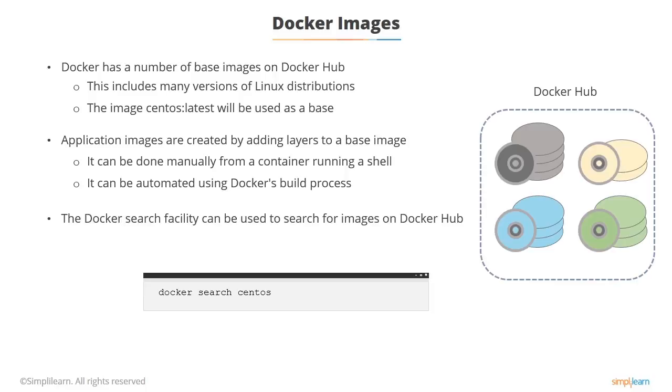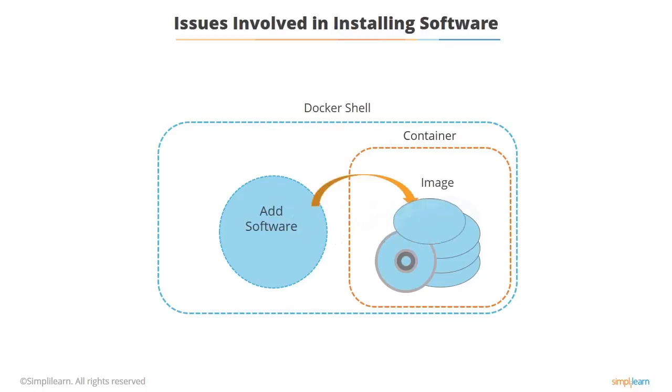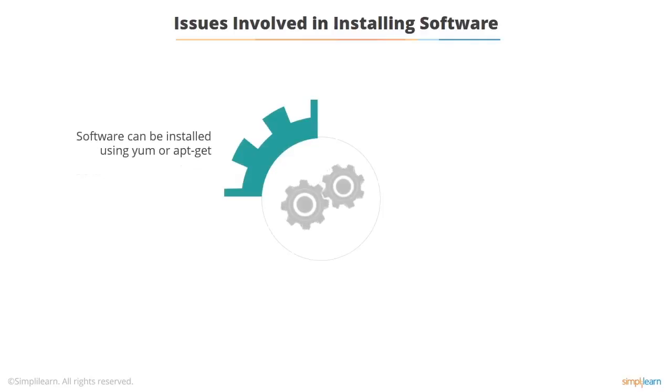So, installing software. Once you're inside the container, there are actually two ways of building an image. You either do it with a build process, which we'll look at later, or alternatively, you go into the image like you did with the shell and just add the software you want. So you could go into the container and do yum or apt-get, depending on which flavor you've got, to install the software you want. The problem is you often end up with a lot of stuff you don't want.